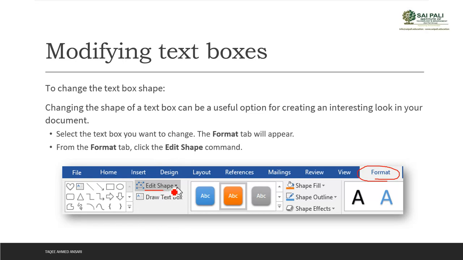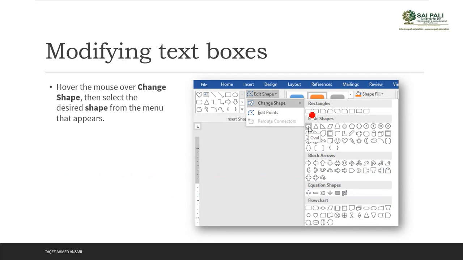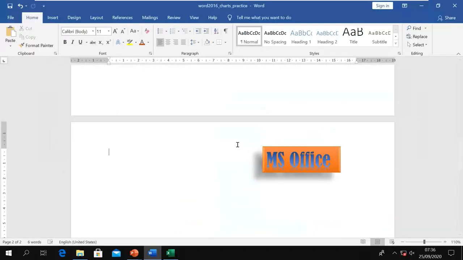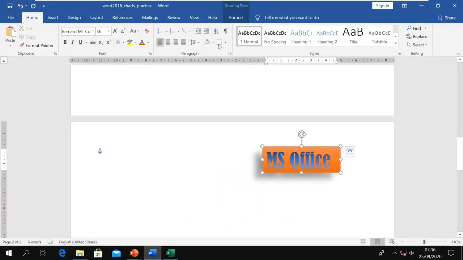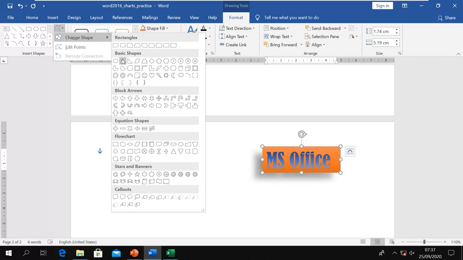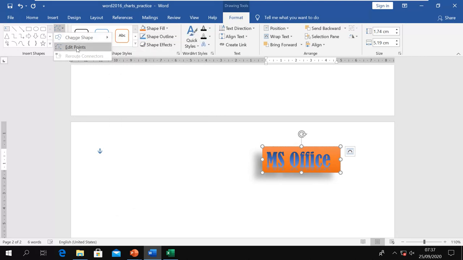You can click on this edit shape command and then it will open two options. Change the shape, and then you can choose from the other shapes which you have, or otherwise you can select edit points. It will open the points and then you can modify by dragging the points. You have two options, either you can change it from there or you can change it by dragging. Like if I click my shape and then I go to the format tab, now here I have the insert shape option and here I have this command for editing the shape. Now when I click this, I have two options. I can choose from these different shapes I have, or I can use this edit points.